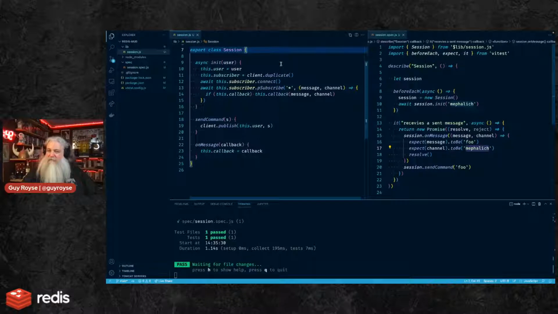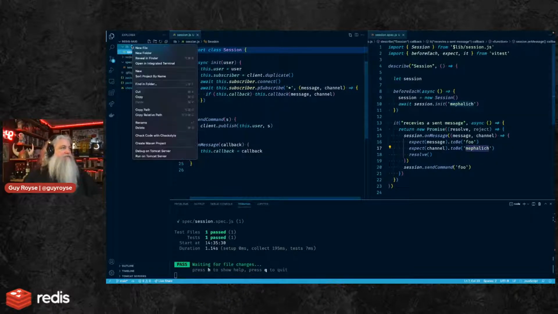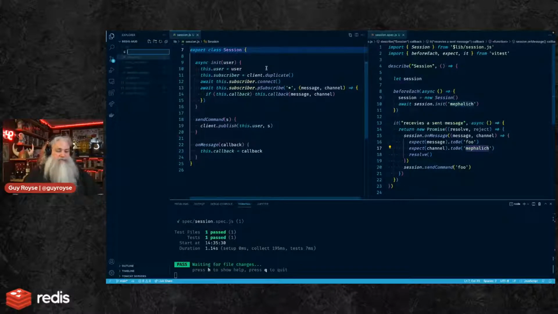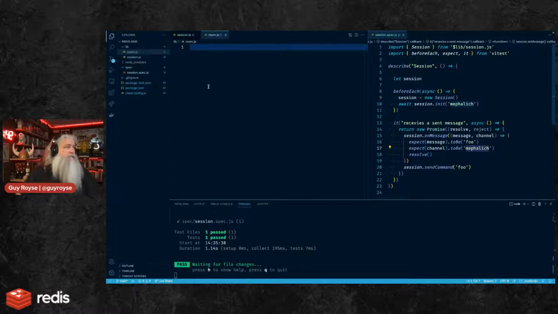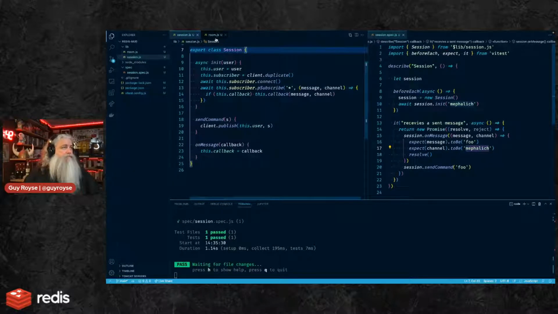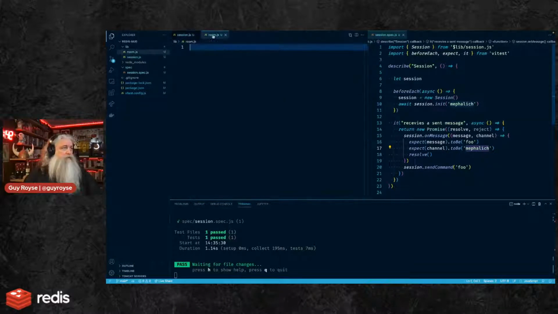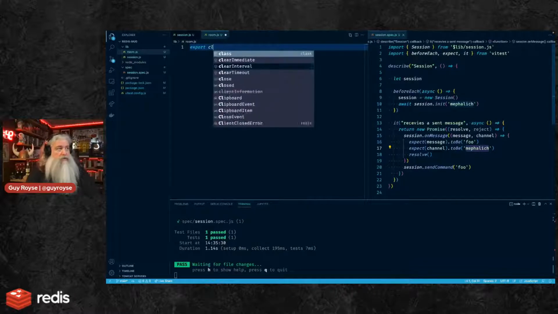Let's just start writing code and see what happens. I'm going to create a new file room.js. And then it'll export class room.